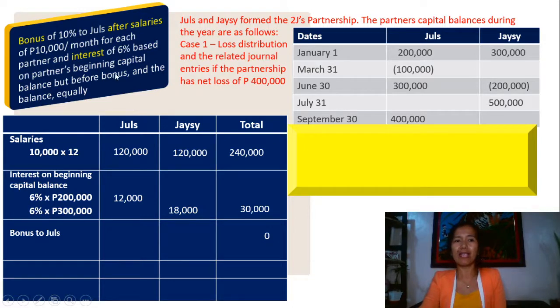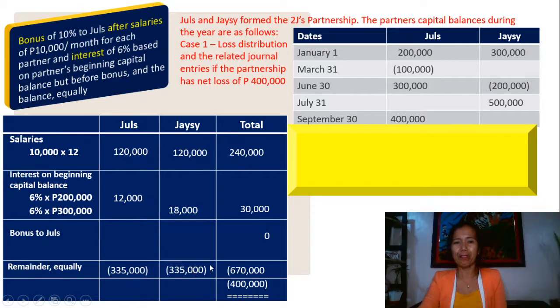Now we can proceed to the last agreement, that the balance will be divided equally among the partners. First we have to compute the total balance. So we need to write the total net loss at the bottom, negative 400,000, and we will work upward to get the total. That is negative 400,000 minus 240,000 minus 30,000, that will give us a total negative of 670,000. Since this is to be divided equally, divided by 2, the respective share is